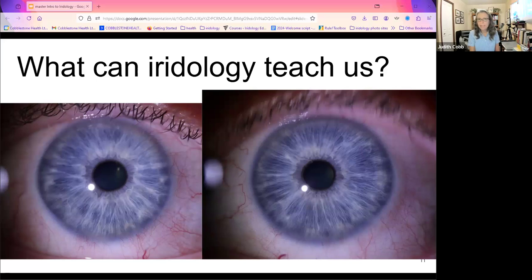Iridology, again, can teach us lots of other things. So looking at these beautiful eyes, when we see this ring sitting so close to the pupil and it hasn't moved there, that's where it's been since this person was conceived, we consider that to be a constricted collarette. This suggests that she's predisposed to constipation and poor energy production. However, we don't tell her that.